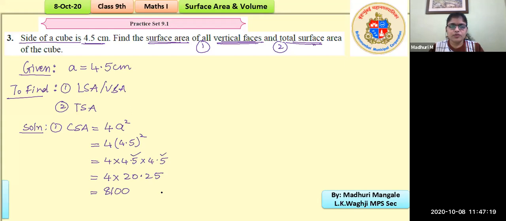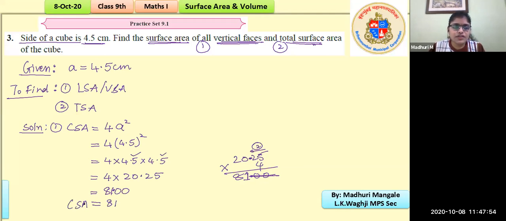If you multiply it out, you would get 8100. Let me help you with the decimal calculations. Simply multiply 2025 with 4, and that would give you 8100. Because the decimal point is after the 2 digits, that's why we will give the decimal point over here after the 2 digits. That would give us 81.00, and we don't put those tail zeros, so the answer is simply 81. That gives us the curved surface area to be 81 centimeters squared. I hope that is very clear.